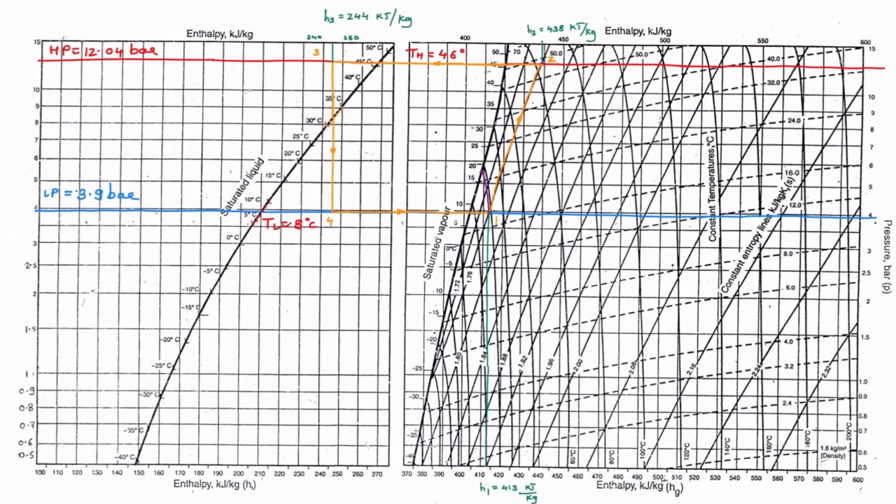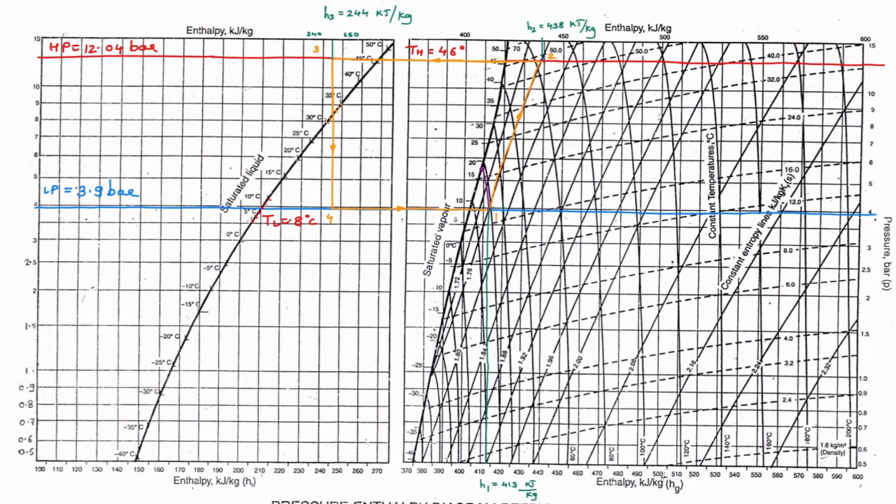Now take your roller scale, and if you notice this line, this is the vertical line. Here be careful, because if you see, this is a curve, and the vertical line is this line. So please make sure to understand the difference between these curves and the straight lines. For point 1, the immediate straight line is this one. Just understand this, this is the straight line. To this line, keep your roller scale and draw a parallel from point number 1. Wherever it intersects the x-axis, there you have to read the H1 value.